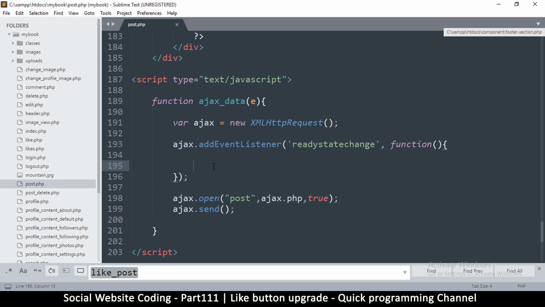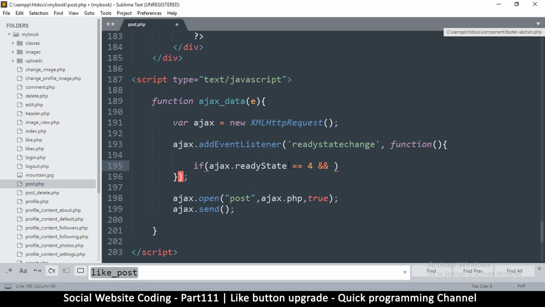So I'm going to say if, question mark there, if ajax.readyState, so that's the state we were looking for. Now here you have to be careful, it's readyState with a capital S like that, because this is part of JavaScript, so JavaScript and camel case, but this is just an event, that's why there's no camel case there. So if the ready state is equal to 4, that's what we are looking for, and we want the